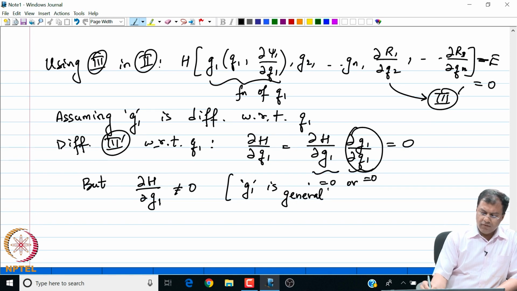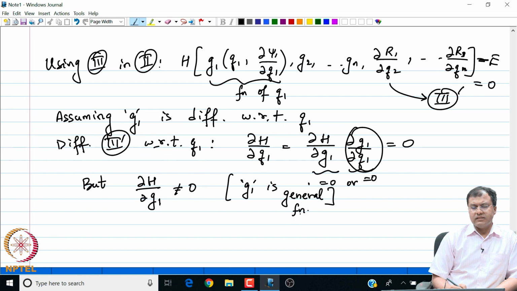So this sort of separation is for a general function G1, right. We cannot all the time have that del H del G1 is 0, right. For a certain class of functions G1 it may be the case, but not for all sorts of functions G1, right. So which means